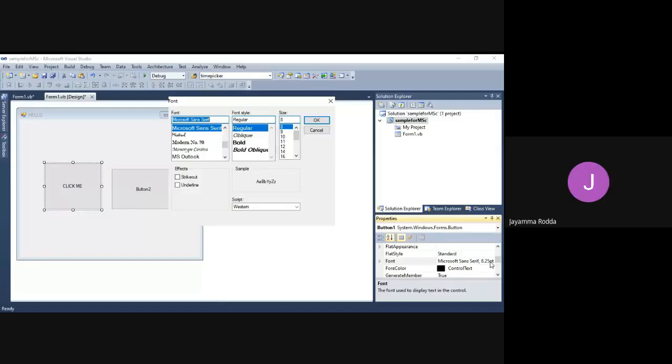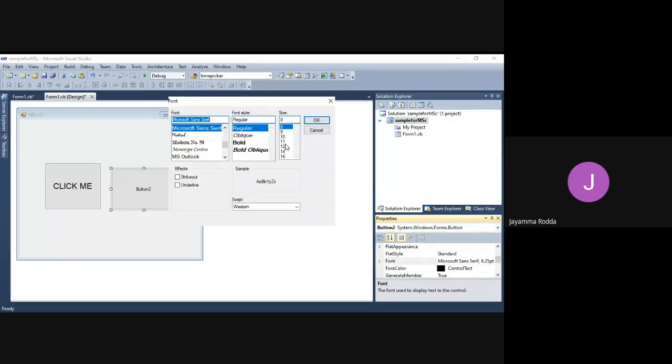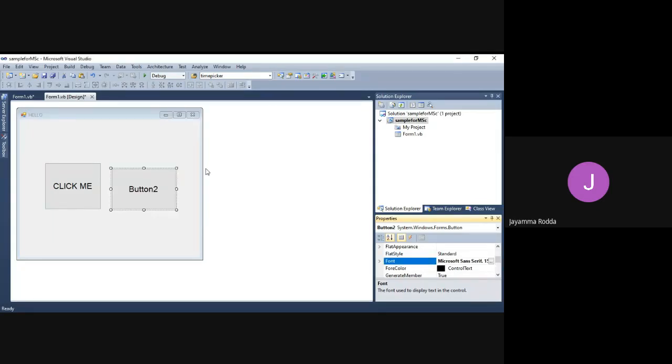I'm going to increase the font size to 16. Can you see the click me? Again here also, I'll increase the font size, 16 again. Can you see it? Click me and button 2. Yes, ma'am, you can see.